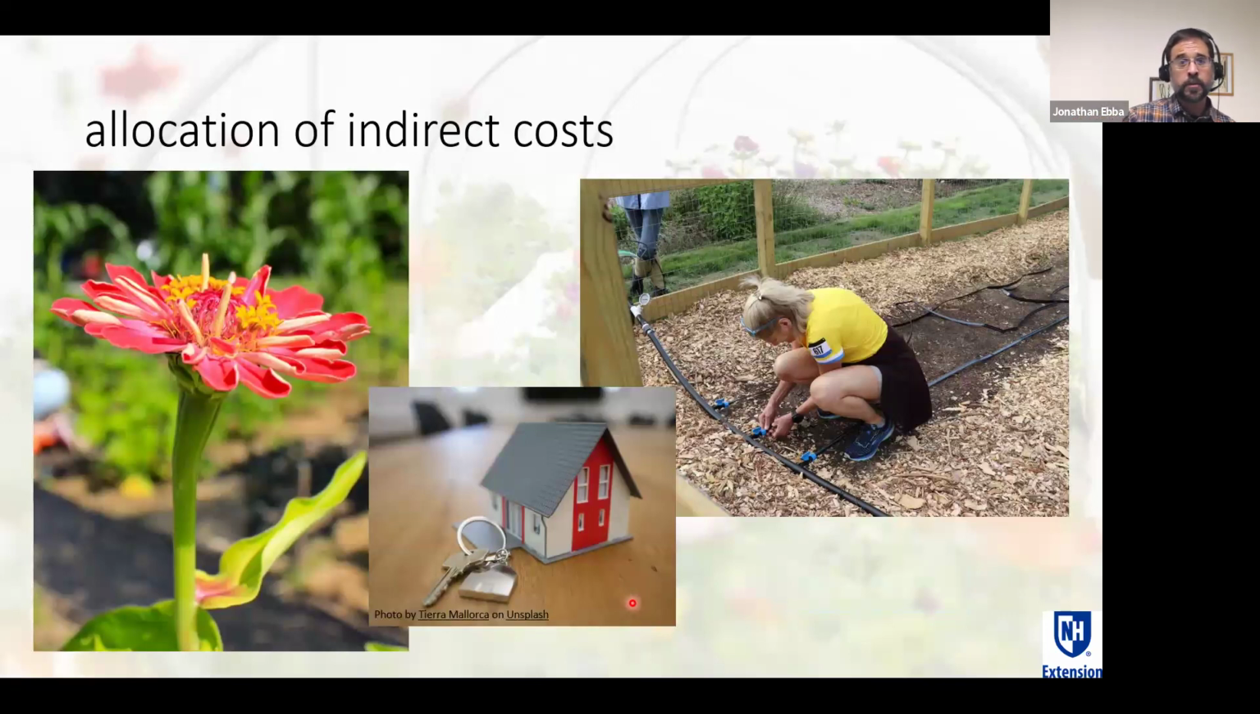Okay, so then all the costs not directly associated with that stem, how do we decide how much insurance goes to a zinnia? How do we decide how much irrigation cost goes to that zinnia? And then is it the same as for the sweet pea in the next bed over? How can we